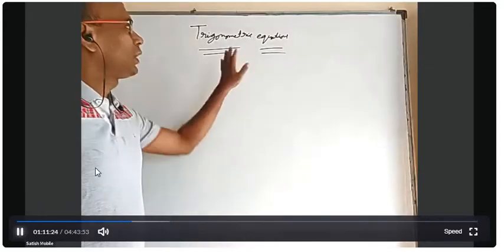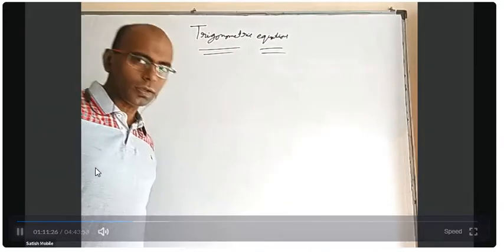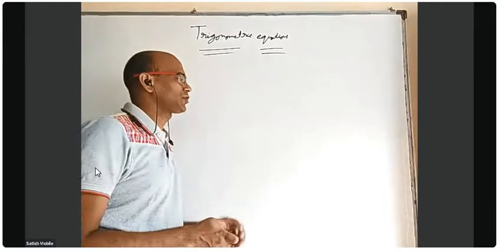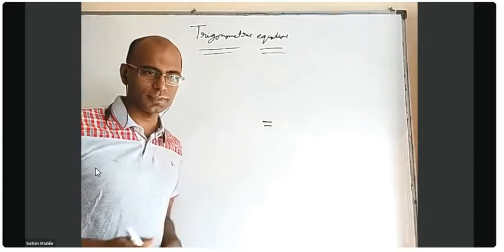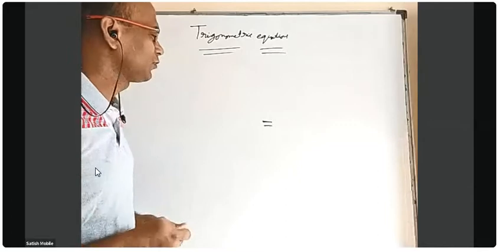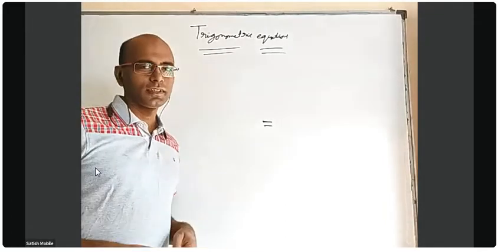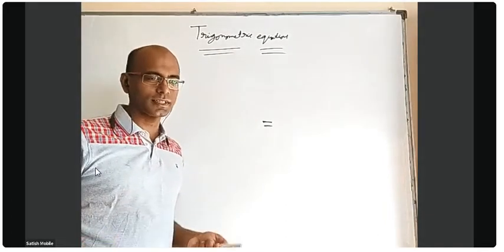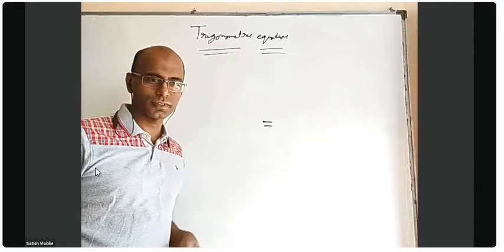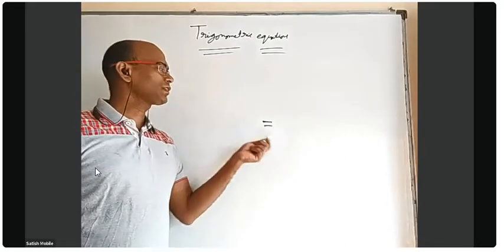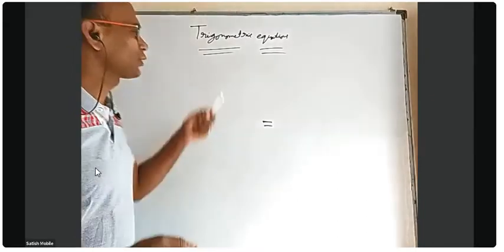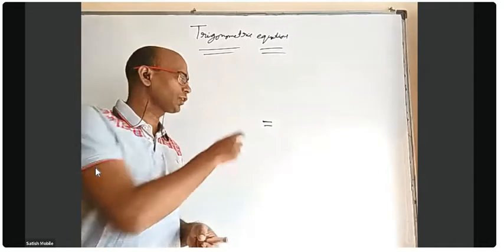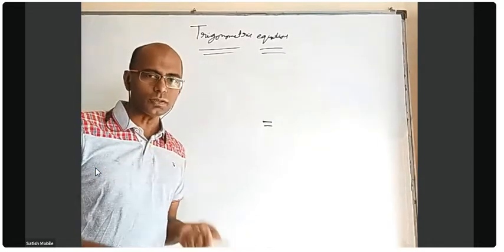Let's come back. Trigonometric equations. Basically, an equation, of course, is anything where an equal-to symbol is there, something on the left and something on the right. Am I right? If what is there on both sides are trigonometric terms like sin x, cos x, tan x, secant x, and all, it's called a trigonometric equation. And every equation will have solutions, at least supposed to have. So basically, a trigonometric equation means an equation involving trigonometric terms, and we have to find the solution.